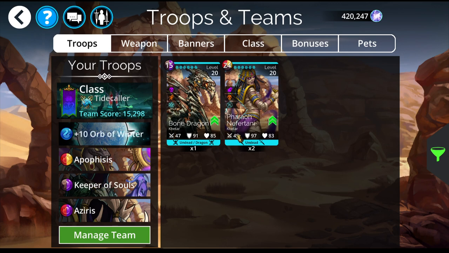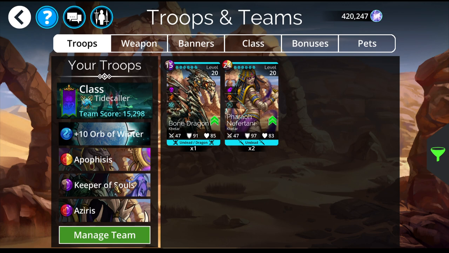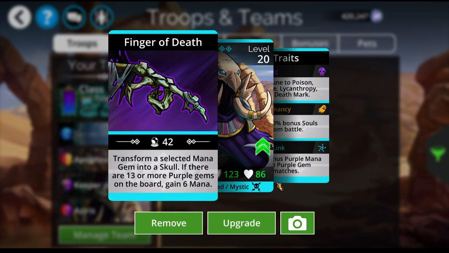If you don't have the Keeper of Souls, try the Bone Dragon in here. However, Keeper of Souls is safer because you can control where those skulls are going to appear. You can't control where the skulls are going to appear with the Bone Dragon, so it's not as safe. That's why I'm using the Keeper of Souls, and Aziris I am using to hopefully tie together some skulls for a match 4, or just to make a match 3 to end the round more quickly,